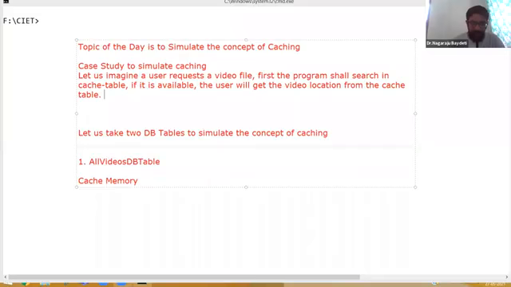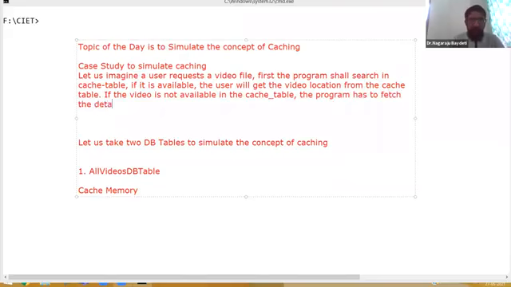if the video is not available in the cache table, the program has to fetch the details of the video from the master table, that is, for example, the all videos data table.